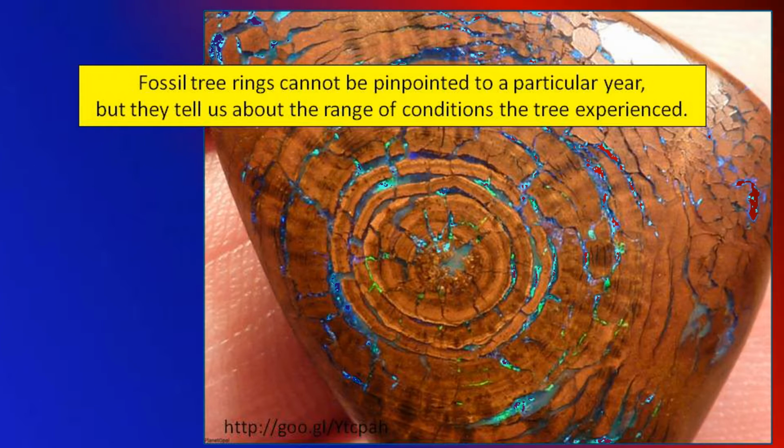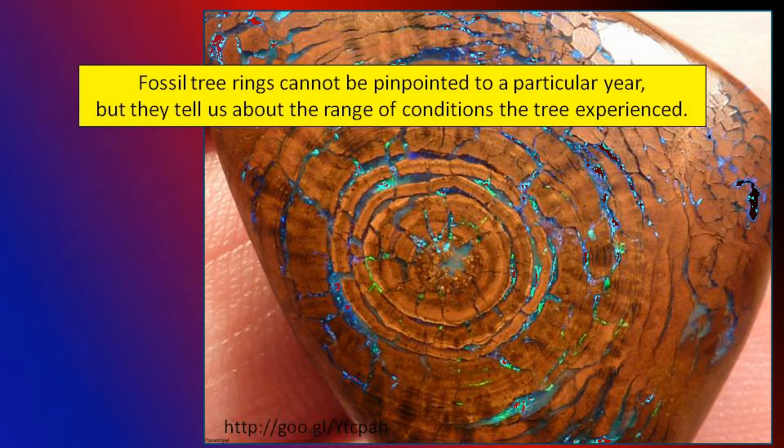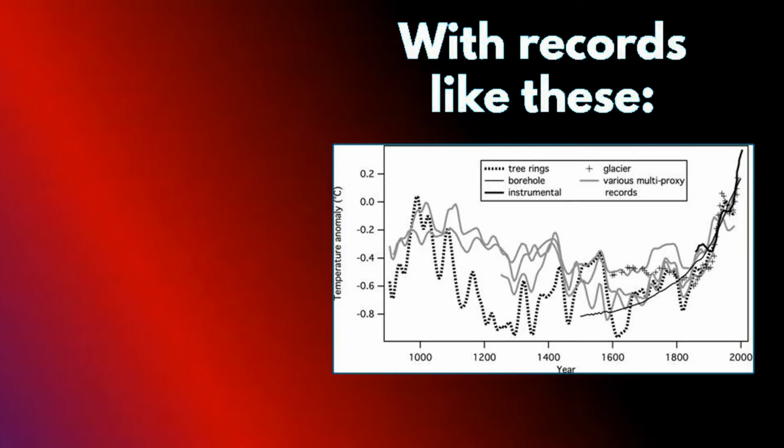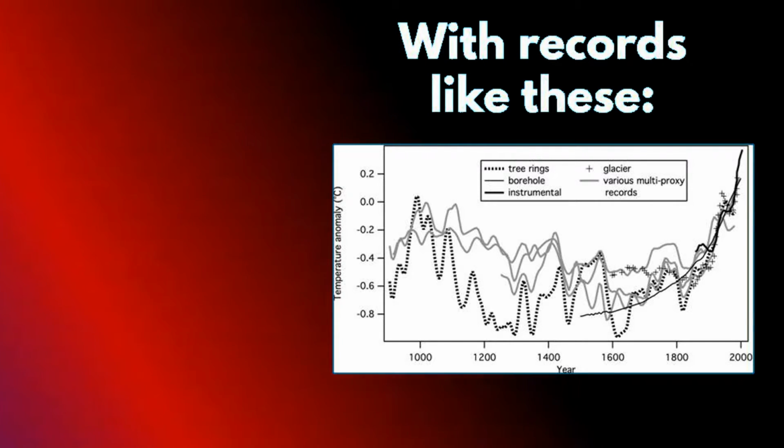that this tree comes from 72,000 years ago, and I can see that there were all really big fat rings, and then I can say, look, the conditions were very favorable for that tree at that time. I can't pinpoint it to a particular year, but I can show you the kinds of conditions that existed when that tree was growing. And with paleoclimate records like this, man, we can do all kinds of cool things.